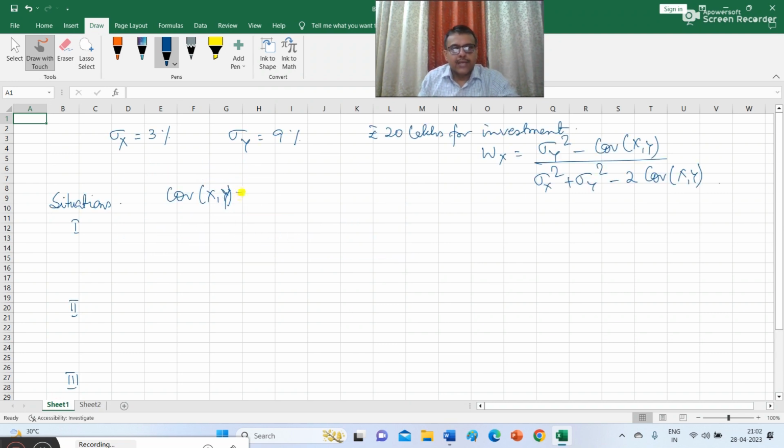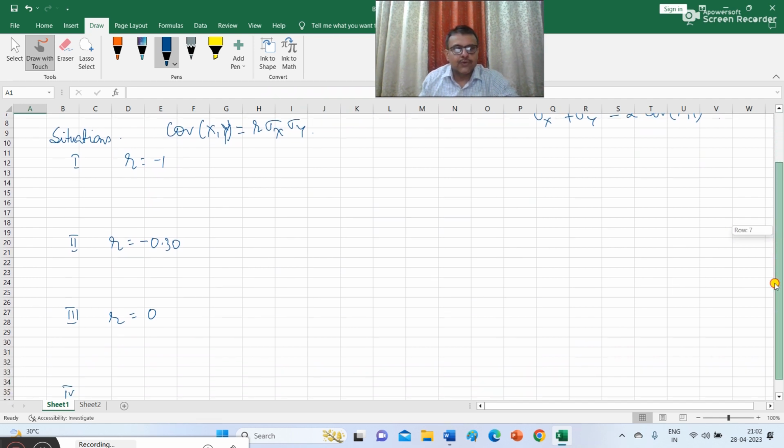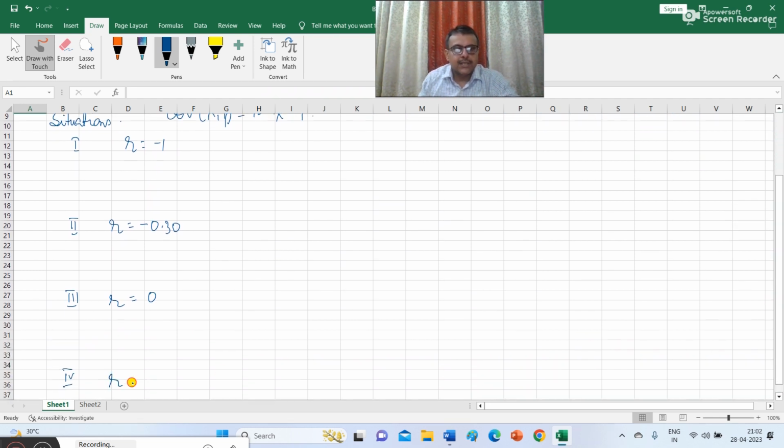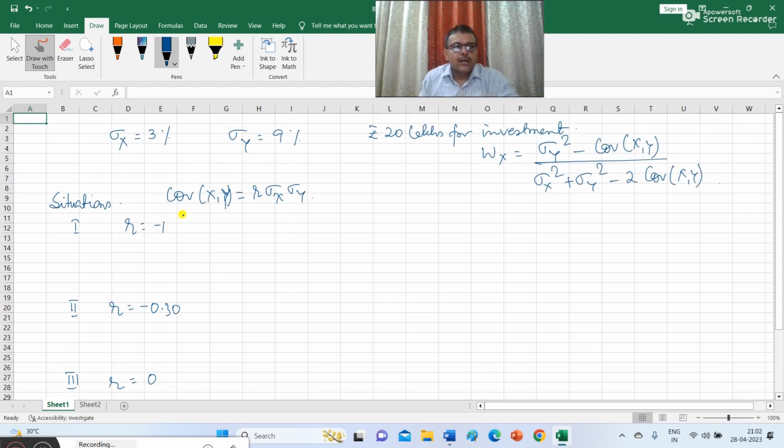So cov xy is calculated as R sigma x sigma y. It is given that the value of R in situation 1 is minus 1, in situation 2 it is minus 0.30, in situation 3 it is 0, and in situation 4 the value of R is 0.60. So in the first situation cov xy